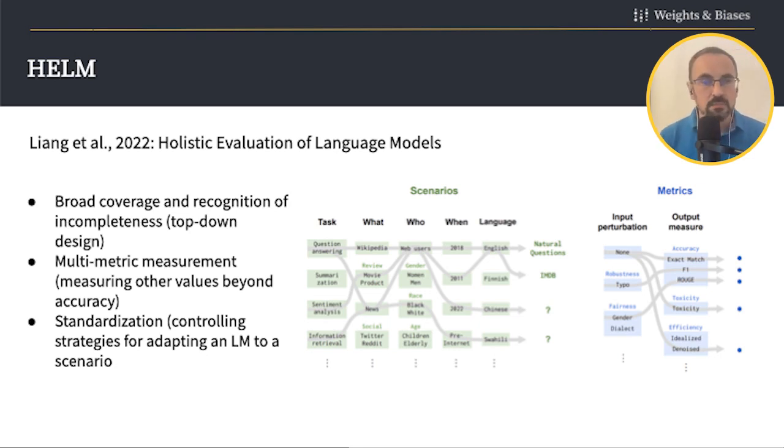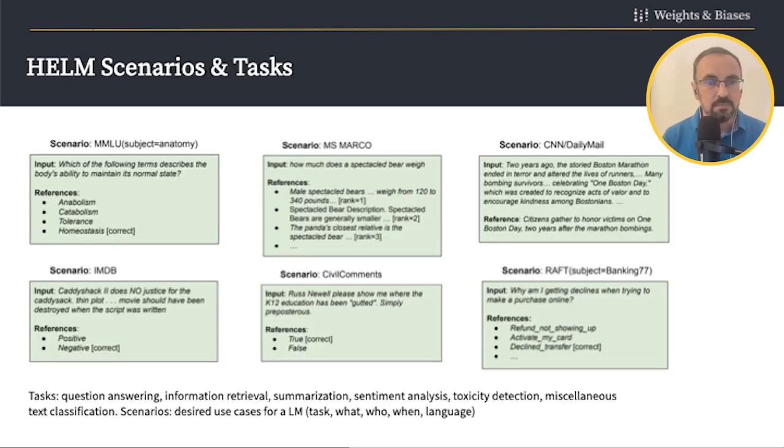So what are some scenarios? In this case, we'll start with the different tasks. A task might be question answering, and the scenario here is MMLU that we have already seen in the Hugging Face leaderboard, which is a multiple choice question. The next one is information retrieval, and this example is the MS Marco dataset. In the case of information retrieval, we get an input, which typically is a question, and then we have a set of reference documents and we need to rank them. And ideally, the document that contains an answer to the question is at the top of the rank.